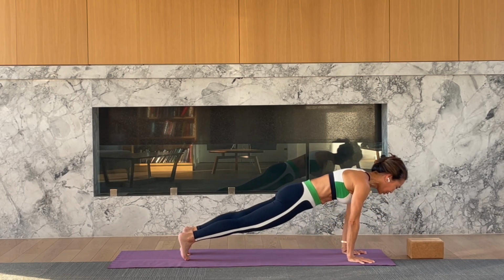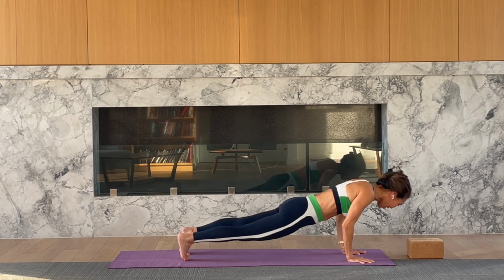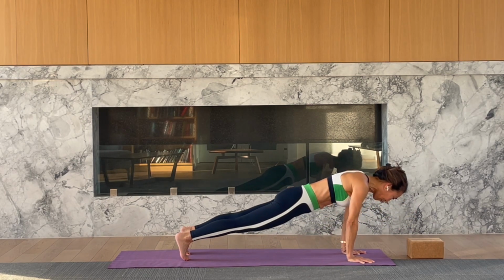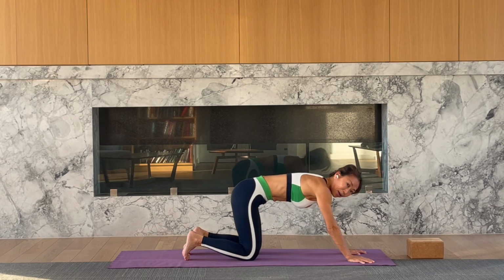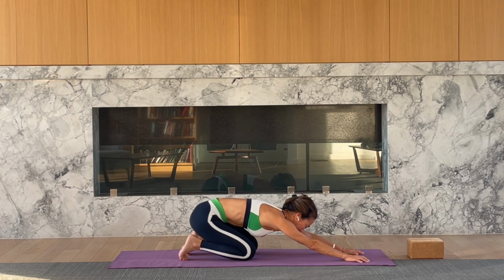Inhale, exhale 2. Inhale, elbows bend straight backwards, exhale 3. Inhale, exhale 4. Inhale, exhale 5. Knees down, just sit back onto your heels to relax the spine, and then we'll do the final 5 press-ups,